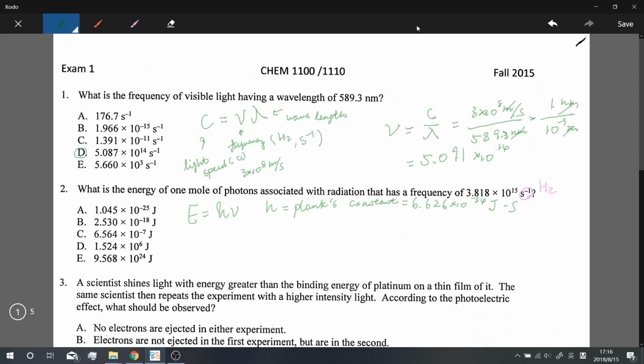And so we will get the energy associated with one of the photons that has a frequency of this, which we can calculate through E equals 6.626 times 10 to the negative 34, which is the Planck's constant, joules times seconds, times 3.818 times 10 to the 15 per second, which gives us